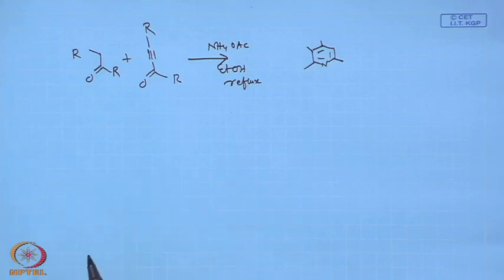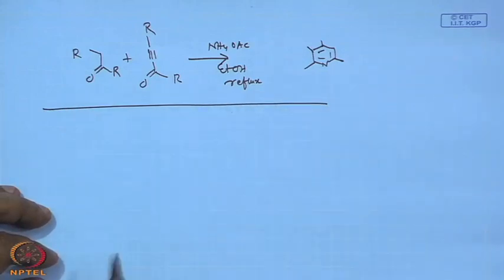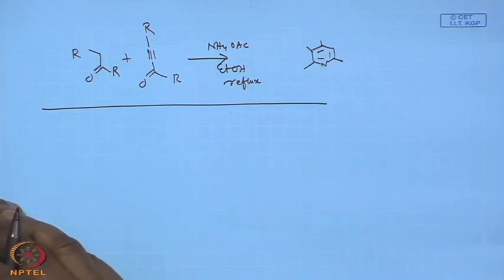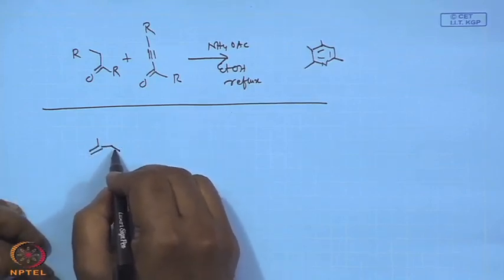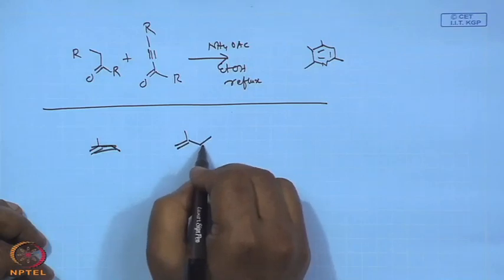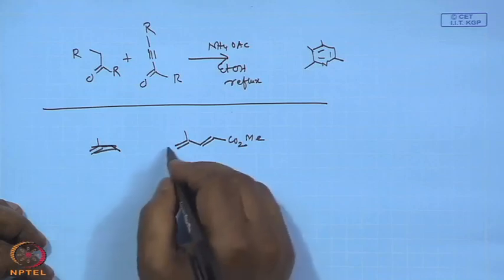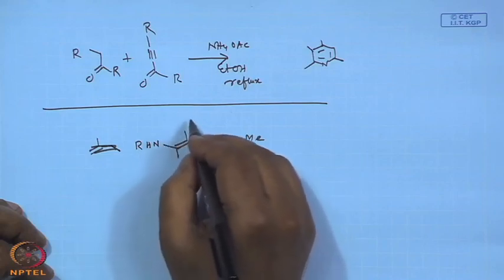So, let us say, and why this is so popular, I think I will give you one or two applications. Maybe I will give you one more example where you can divert this reaction to a pyridine derivative. For example, if you take the initial Michael addition product, which is a conjugated diene system with enamine, right, conjugated diene system, you have R and